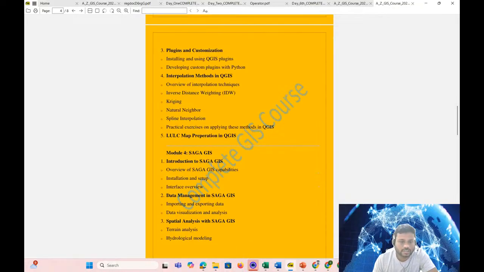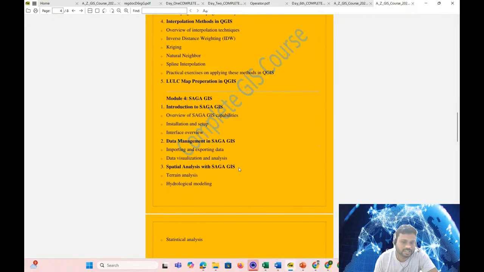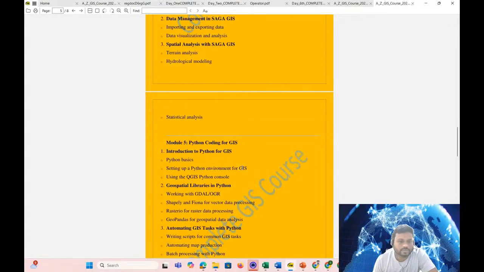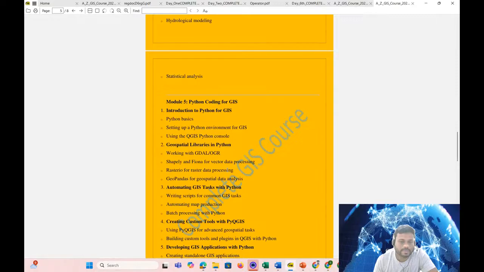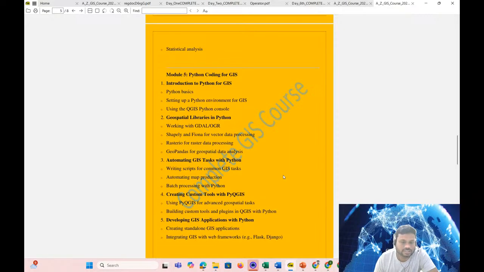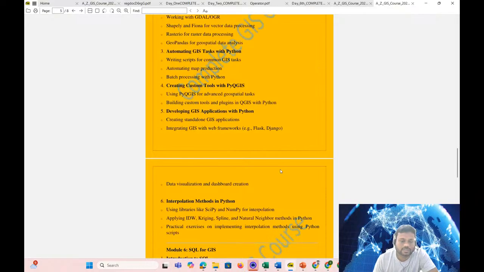In module 4, we will learn SAGA GIS. What is SAGA GIS? An overview of SAGA GIS. We will learn data management in SAGA GIS and spatial analysis with SAGA GIS. After that, we will learn Python coding for GIS: introduction to Python for GIS, geospatial libraries in Python, automating GIS tasks with Python, creating custom tools with PyQGIS, developing GIS applications with Python, and different types of modules,